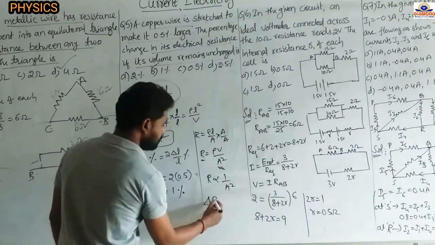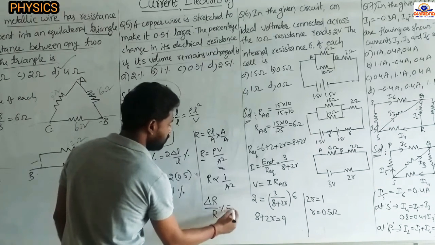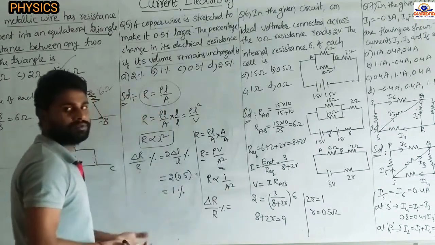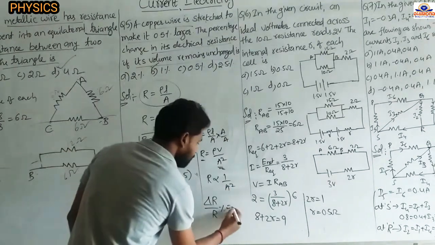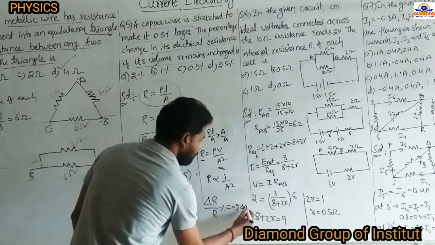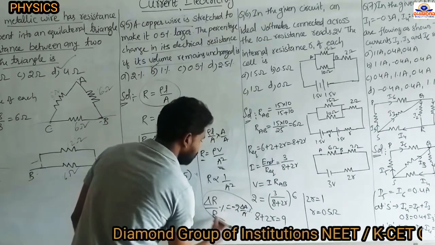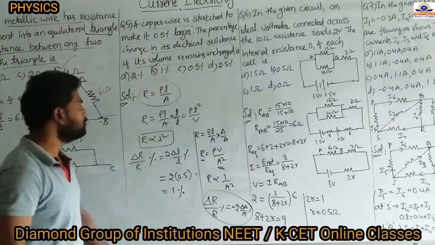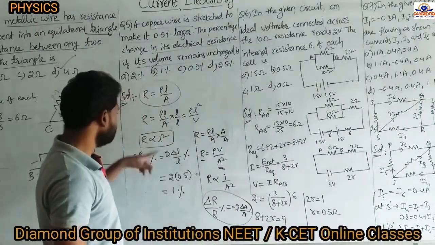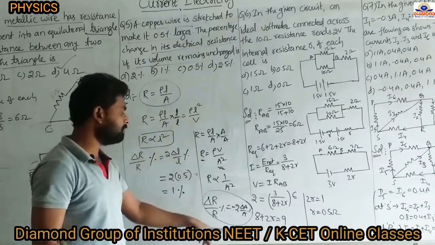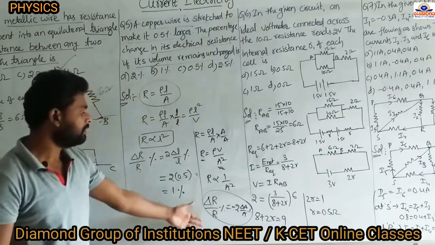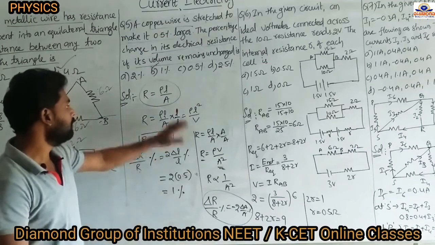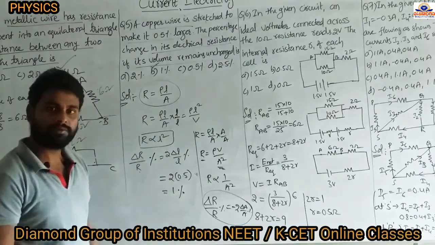Then they are asking for the change in the resistance, so here we get A power minus 2. So minus 2 into del A by A percentage. In this way we have to say, the minus is indicating that it is decreasing. Okay? So if they give the information about the length, we have to use this formula. If they give the information about the cross sectional area, then use this formula. Remember this one, and we can solve the problem easily.